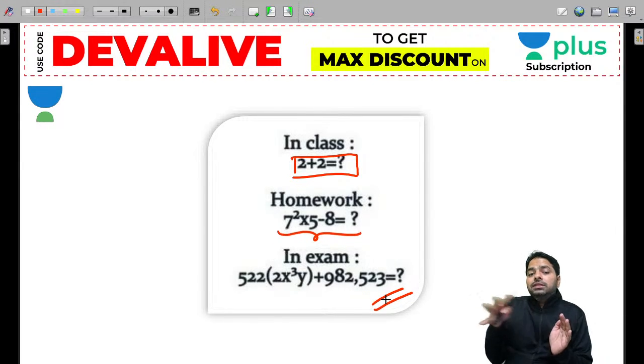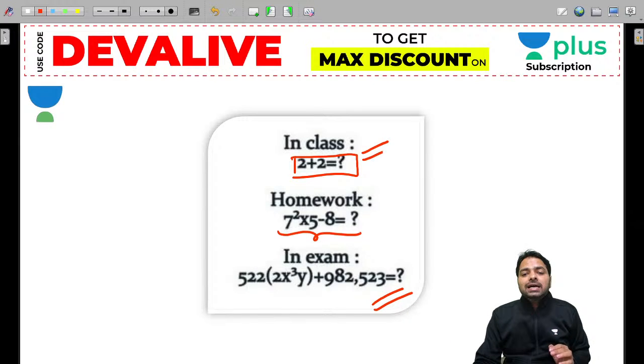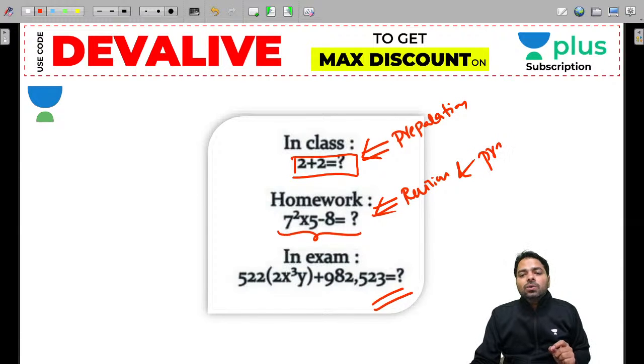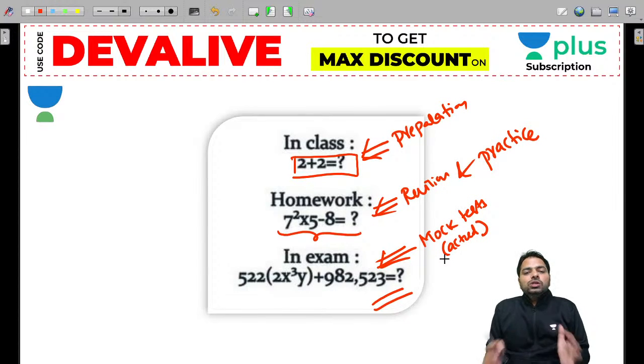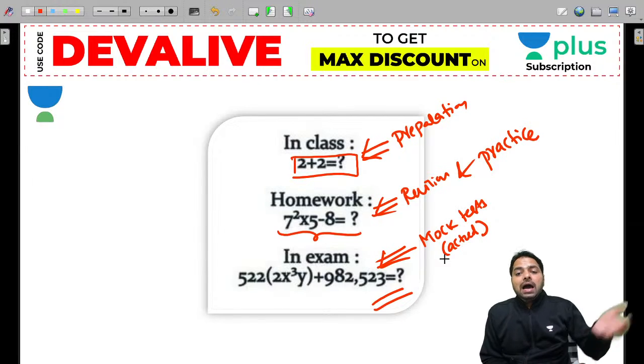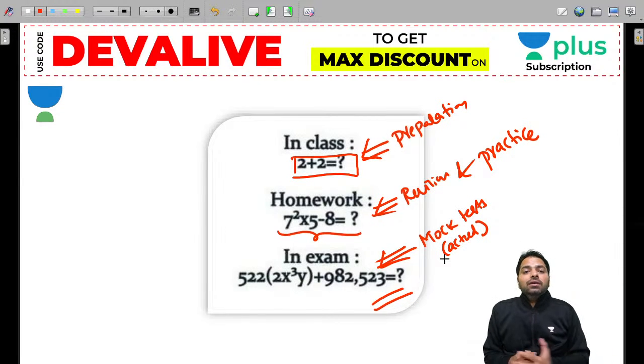So you need to have 3 things. In class, I say that this is called preparation. And when you do the revision and practice, okay, it looks like it takes time. And when you go for the exams, whether you practice a mock test or the actual exam, it's going to look like, oh, even though I practiced it in 3 minutes, now it's taking 5 minutes because the data that they have given in the question might be lengthy.